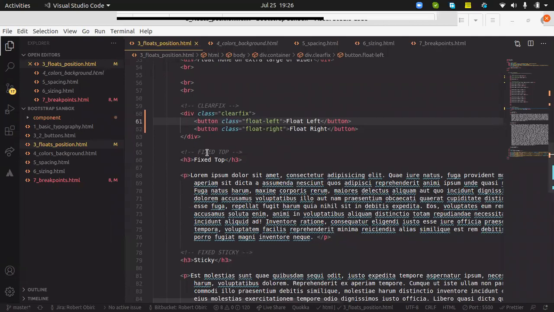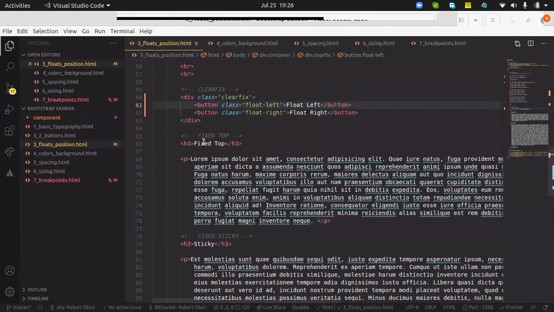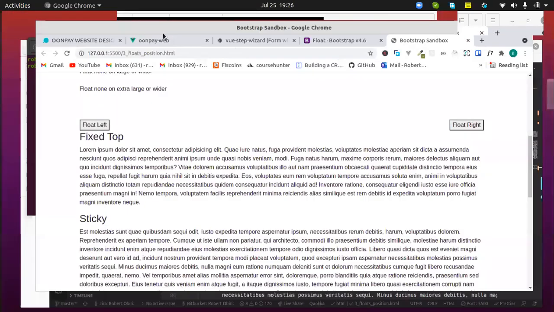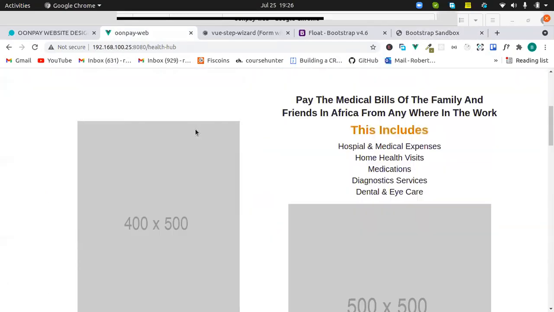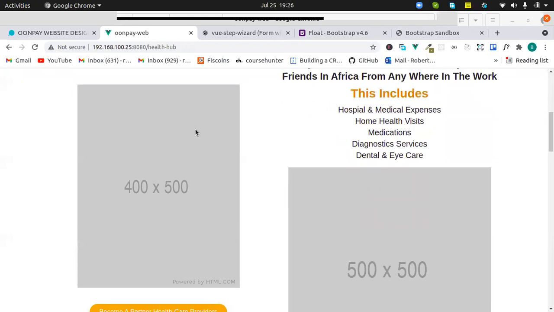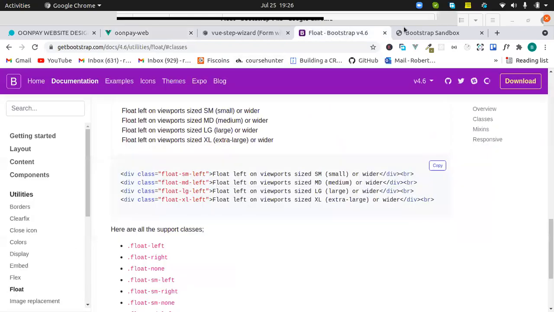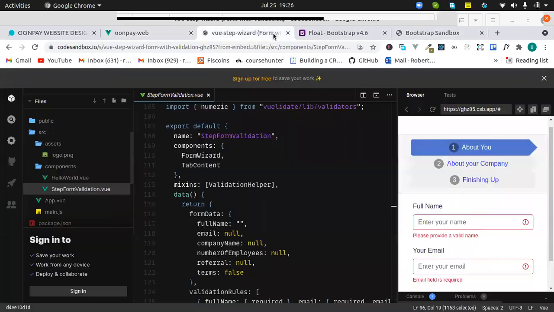The next one is what? Fixed top. Fixed top. And what does that do? All right. Let me see if I have that in here. Okay, I didn't implement that on this website, but I have it somewhere. So that one, all that it does is